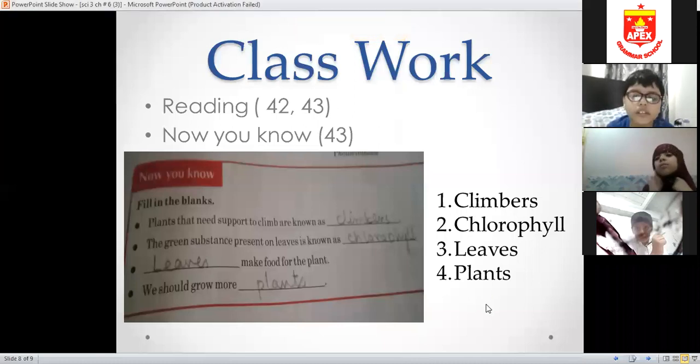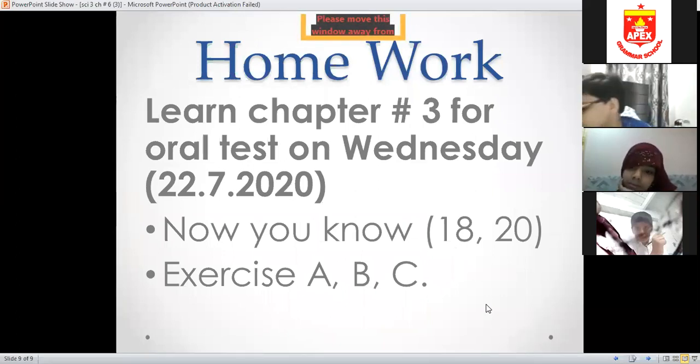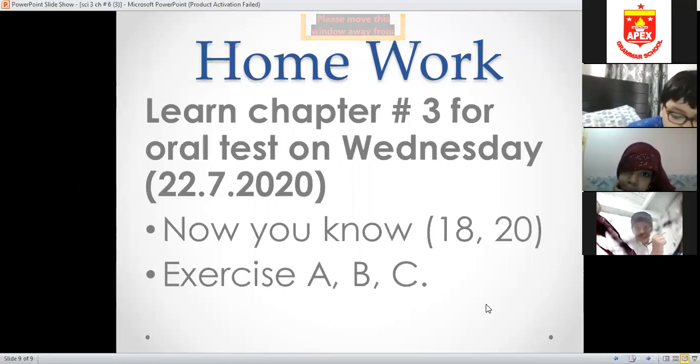And now, as I told you in last Friday's lecture, we are having a test, but a few students have given their books. So those students who have submitted their books in the school are only to learn the question answers of chapter number 3. I have a list of those students who have submitted their books. I have received Samaha's book, Imtishal, Ifam, Dania, Isha. These students' books I have received.